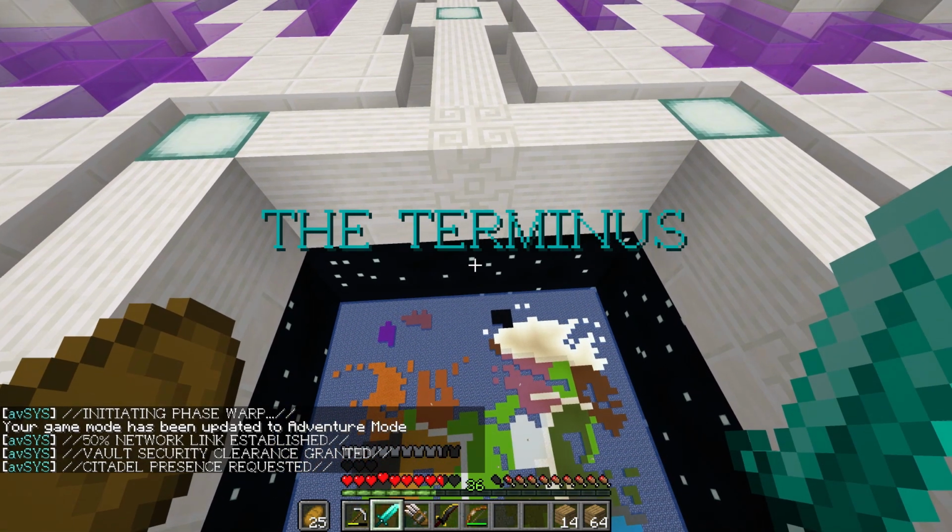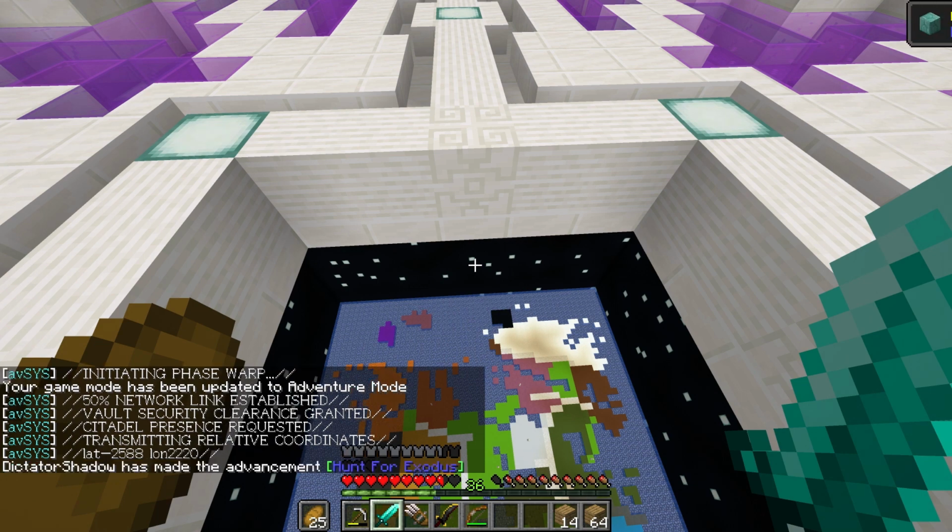50% network link established. Vault security clearance granted. Citadel presence requested. Transmitting coordinates